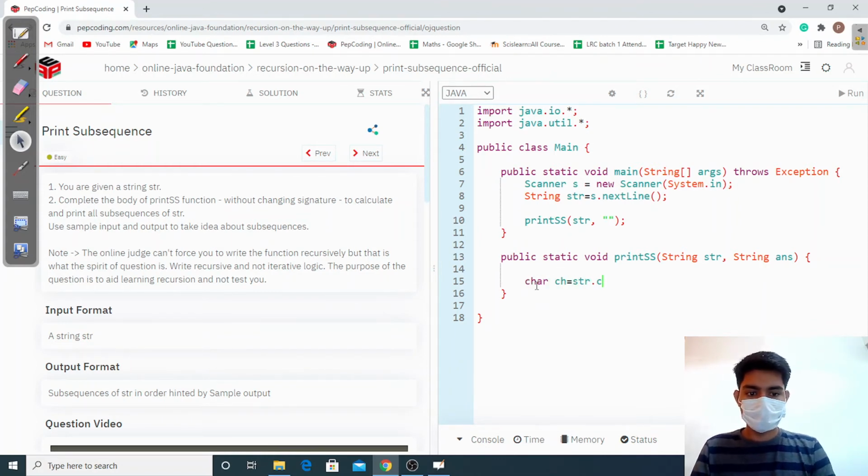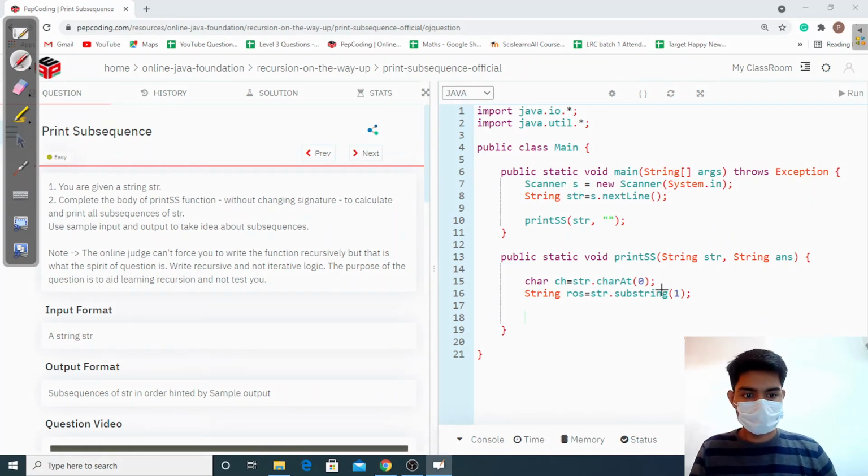So str.charAt at 0th index, and I have to take the rest of the string. So let's call this rest of the string. This would be str.substring. Okay. So now what I have here is A in my ABC, my question of ABC, and this is my answer. I have A and this the rest of the string, which is BC.